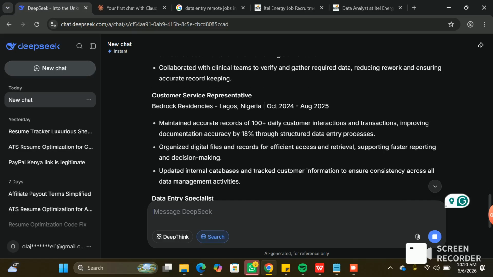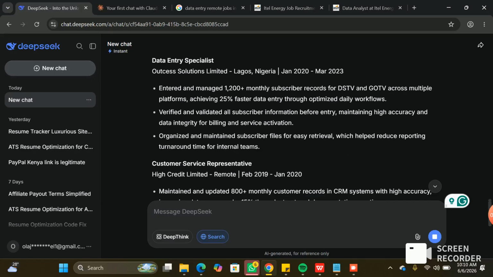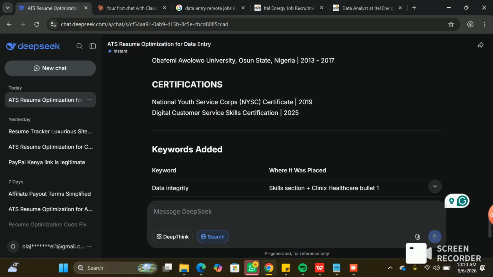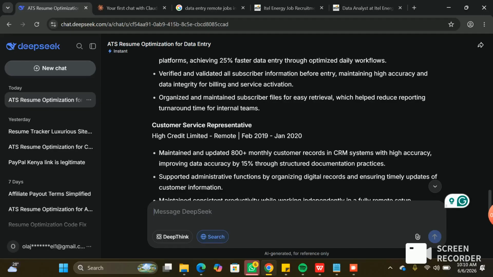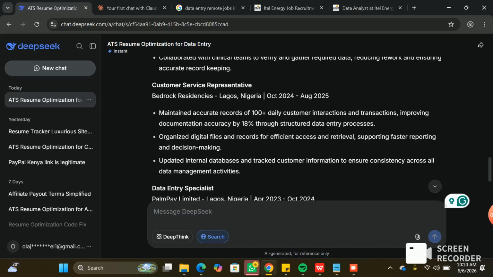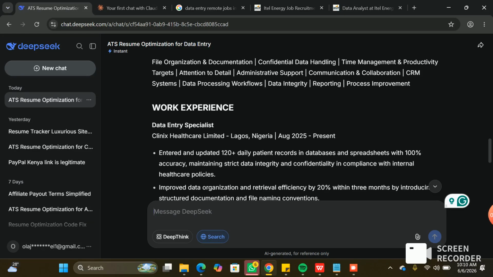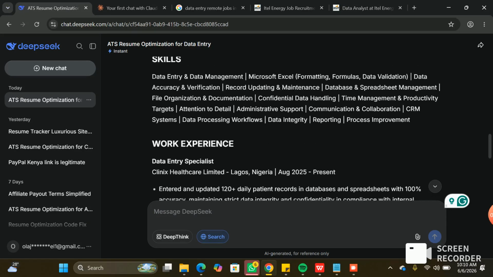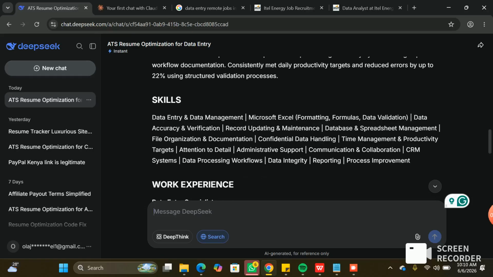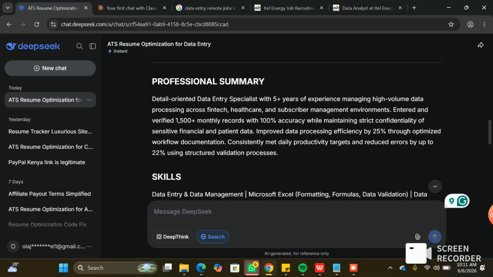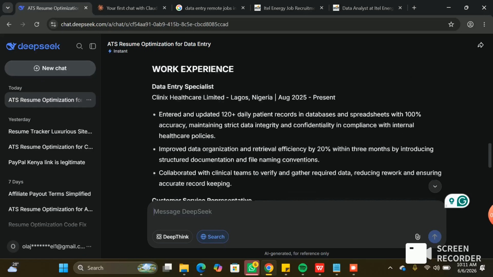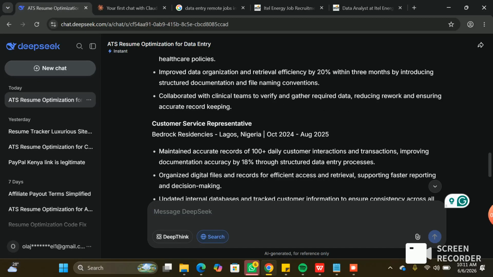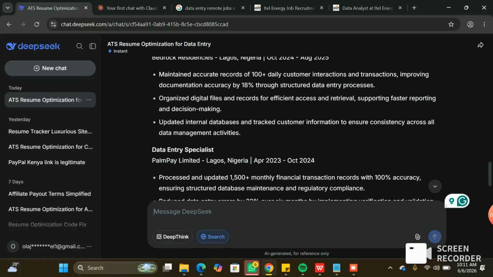Okay, it's already generating the resume for me. The resume has finished. The AI has already finished generating the resume for me. But this particular AI, which is called DeepSeek, uses some AI-related verbs. Anytime you see optimized or streamlined, all those AI-related verbs, they are easily noticeable by HR. So instead of all this improved, collaborated, updated, reduced,